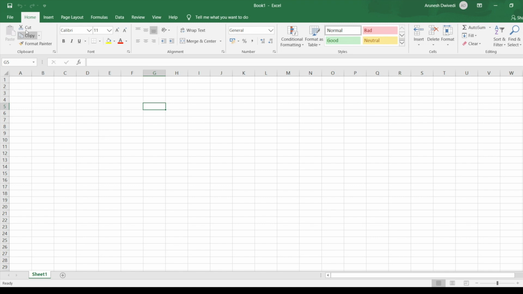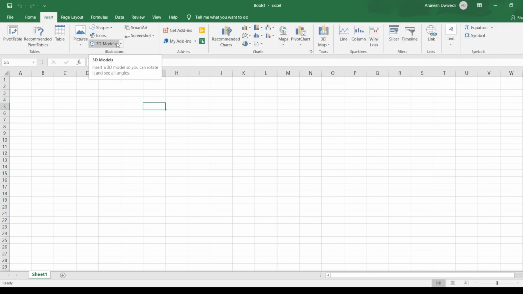What you see here, this is called a ribbon. These various tabs that you see, this is called the ribbon menu. So we have the Home menu, which contains the most popular and most commonly used commands in Excel. Then we have the Insert menu, when you want to insert something into Excel, like a chart or a pivot table or some elements, some files, some graphs, etc.